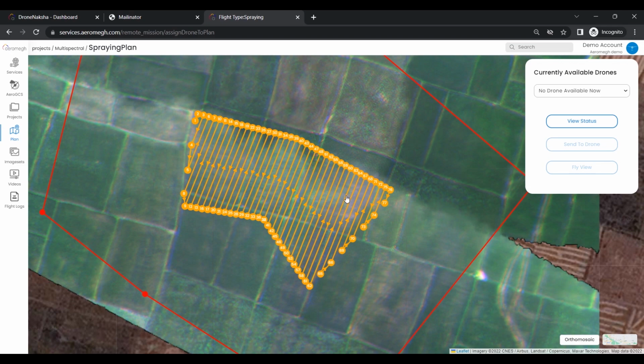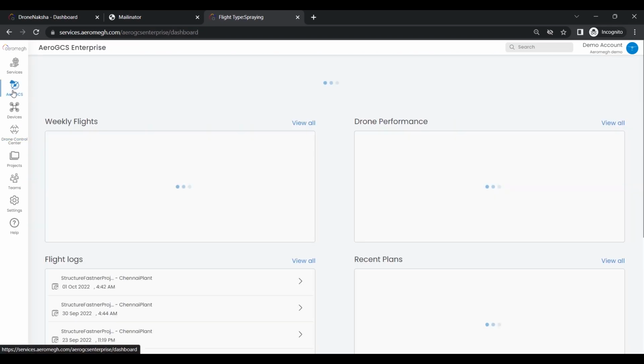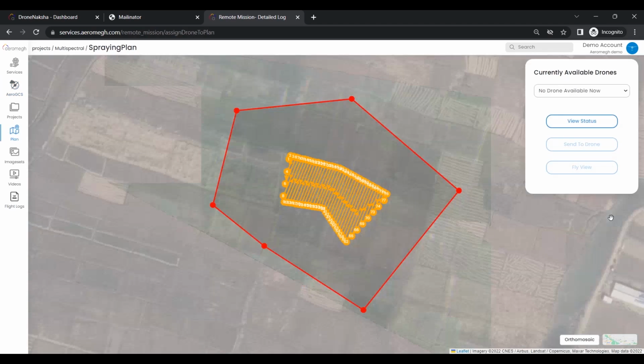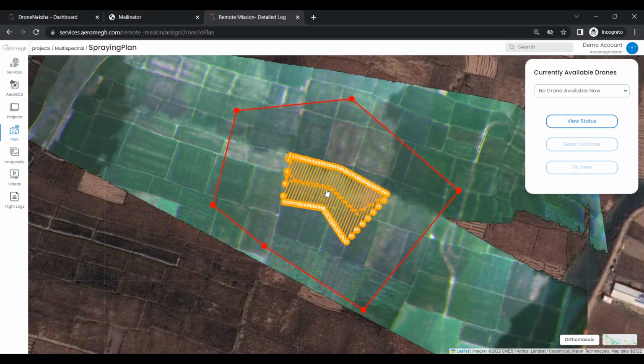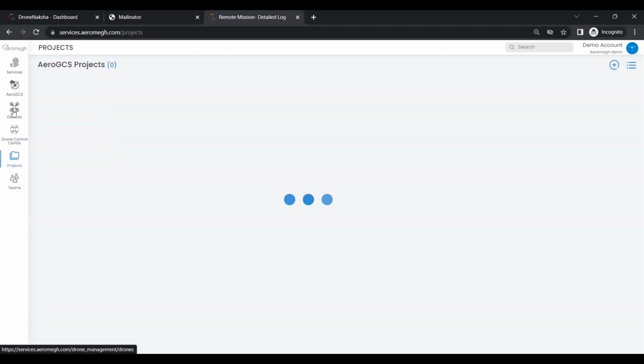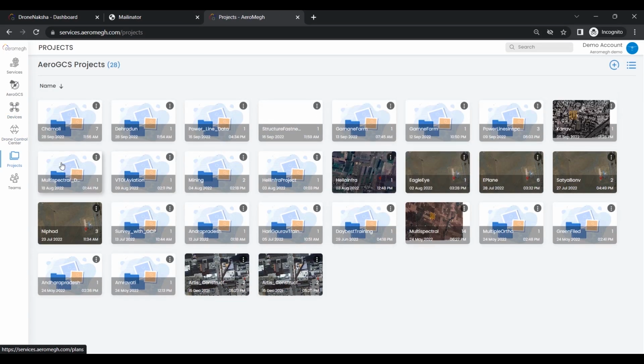Proceed by clicking on AeroGCS on the left-hand bar. You can see recent plans and flight logs on AeroGCS Enterprise. When you click on Projects, all projects created shall appear. You can visit and view